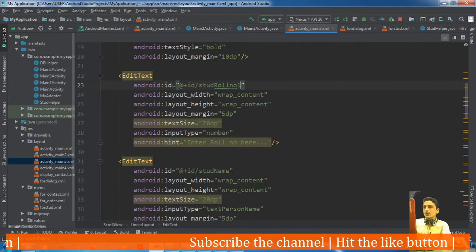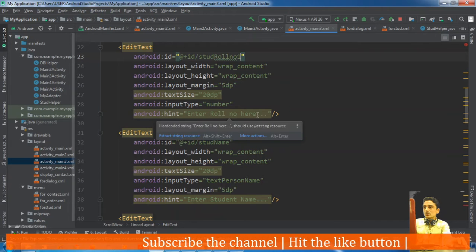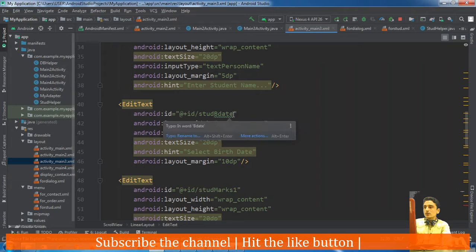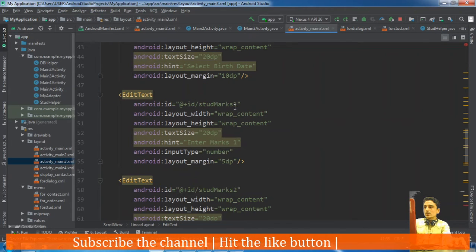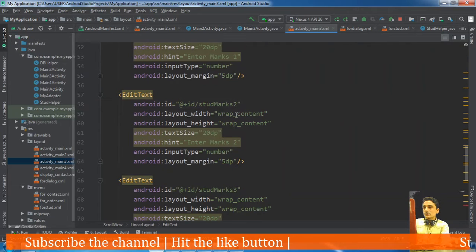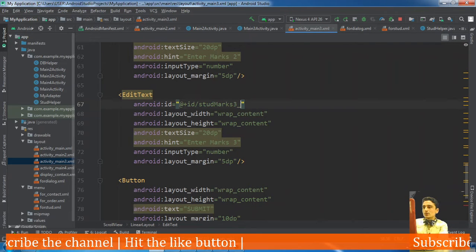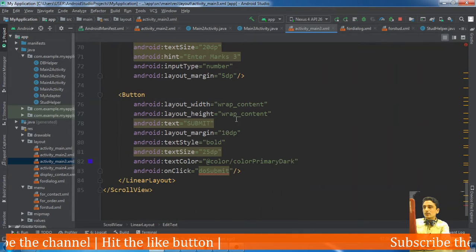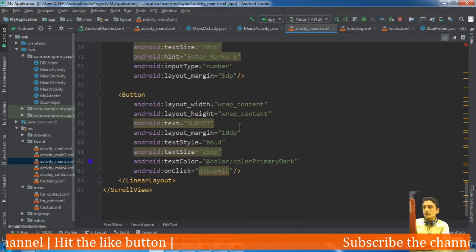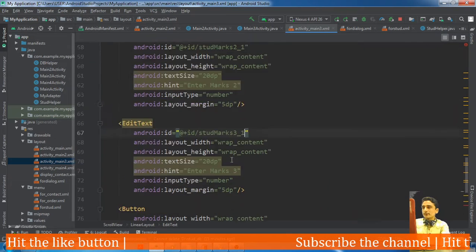ID, we will change the ID to 1, okay, here also 1, here also 1, yeah, here _1, here _1, here also _1, and button, okay, submit method, do submit.